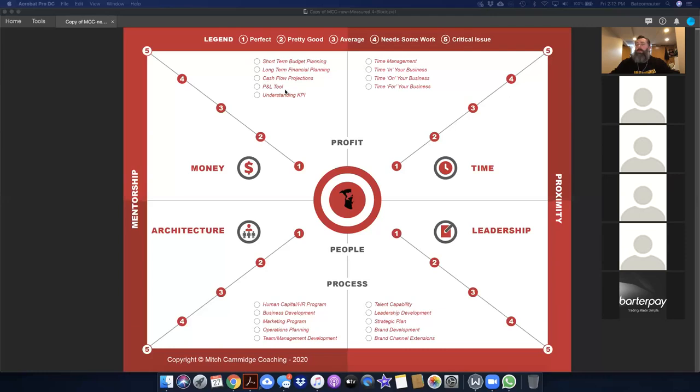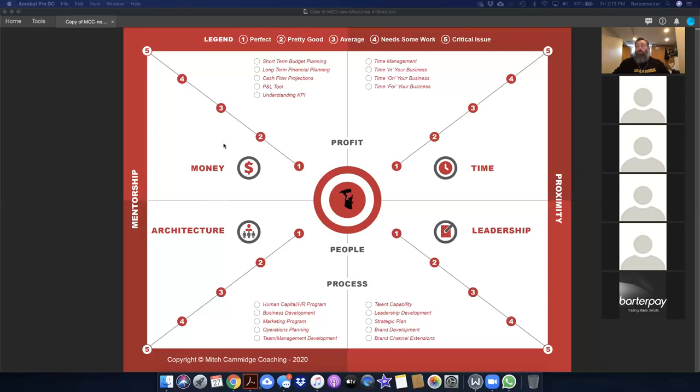Then we have the P&L tool, the accounting and bookkeeping cycle, how we actually manage and measure our financials to be able to look at the health and the process that we take. So QuickBooks, Xero, etc., what we do on a weekly and a monthly basis to account for the financial structure of the business, the financial reporting, and then on a yearly basis being able to take us into the taxable position, etc. Last, inside of money, is understanding KPIs or key performance indicators. That's just the fancy words for the dashboard, the entire financial dashboard of the business, for us to look at the business in one snapshot to understand all of its financial components, the health of the business, and then to be able to make informed decisions about what's happening inside the business.